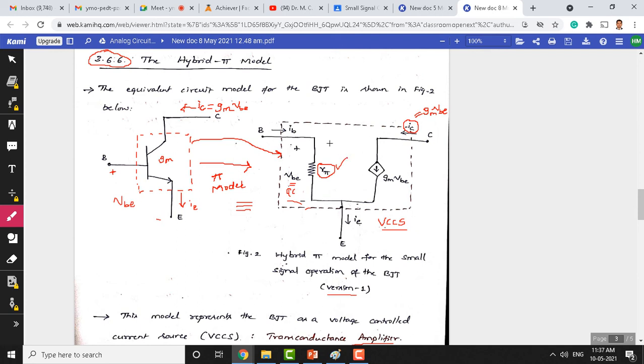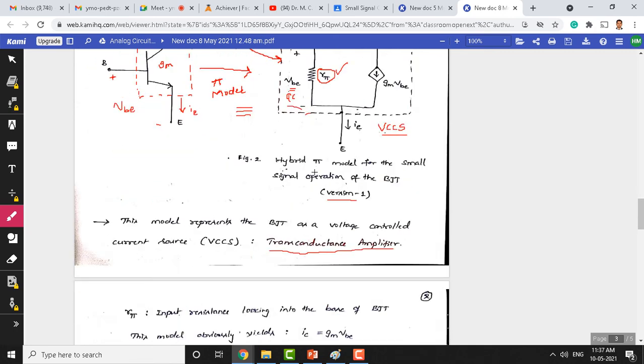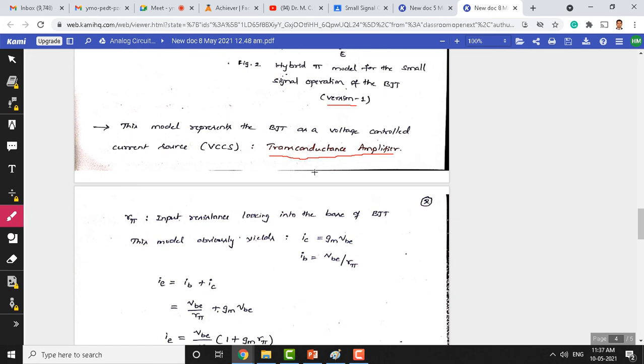Many times, when the model becomes complex, the analysis also becomes complex. The objective here is to make everybody understand the circuit which is based on the BJT. If the model itself is complex, then analysis of the BJT circuit becomes complicated. So that's why we use a simpler model like the hybrid pi model. Now let us move on to the other versions of this model.